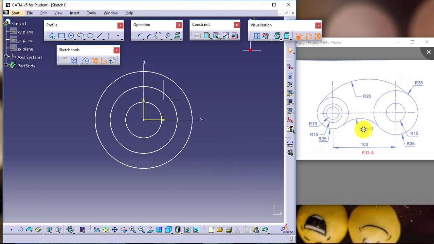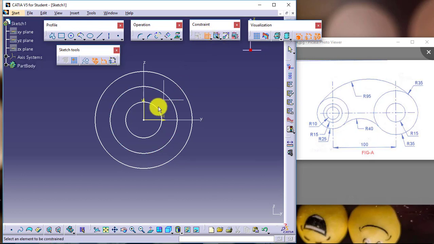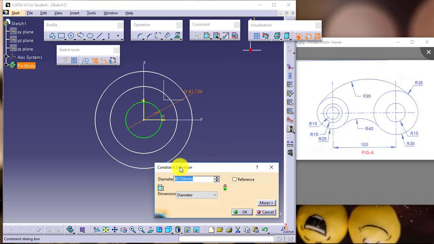If you create the complete shape and then apply the constraints, it will be difficult for you. So just select the tool, go for applying the constraint. Now it is showing the diameter. Just double click on it. In the Constraint Definition dialog box, change it to radius and now give the value.